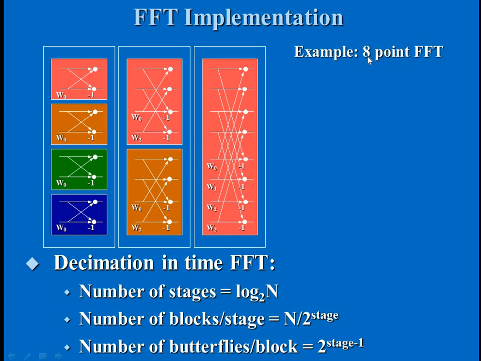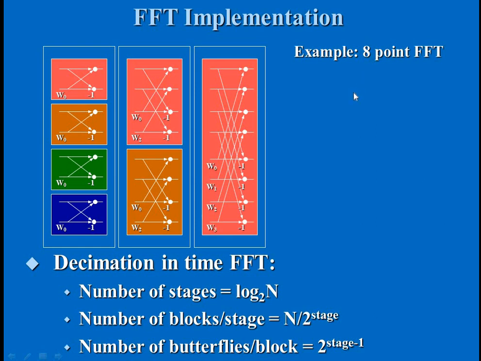So the number of stages, that is m, is 3. Directly by making this 2 power m, we can get the value of m. Or else, if you are going to use a calculator, directly by using this logarithmic formula we can get the number of stages m. So without a calculator, by simply writing this as the base 2 to the power of some value, the power value is nothing but the number of stages. So now we can write this as 2 power 3. So the number of stages is 3.